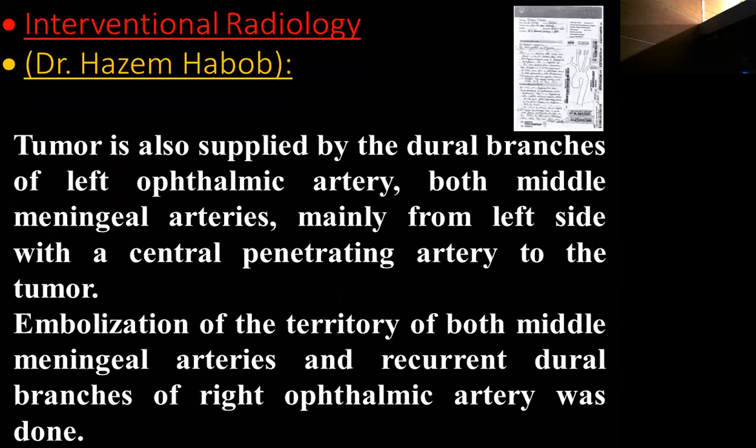So it was taking about 30–40%, I think, from the dural branches of the anterior cerebral artery. Also, as I remember, it was taking from the ophthalmic artery and from both middle meningeals. These would be like 60–70% of the supply coming in general from the dural branches of the external carotid artery. It can even be supplied from the contralateral side as well.